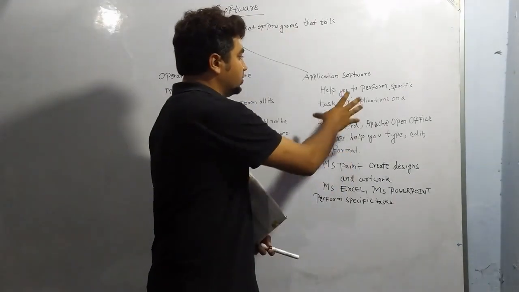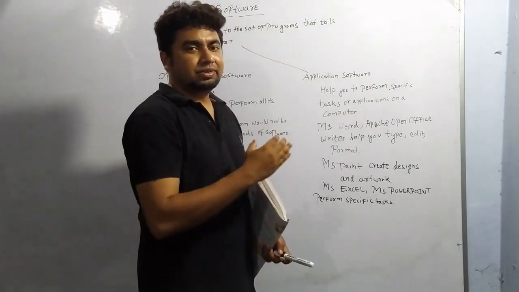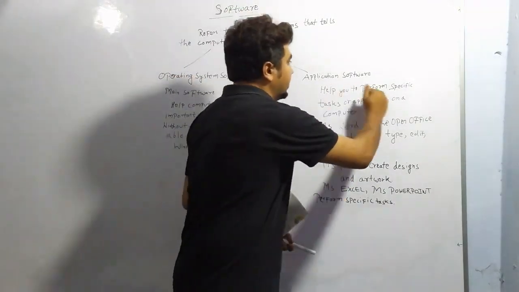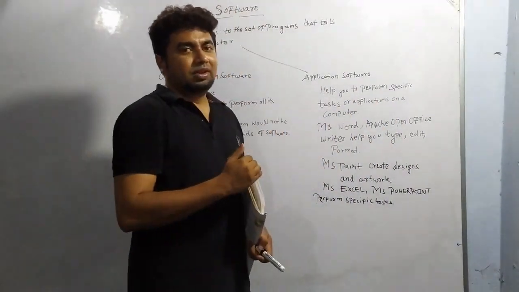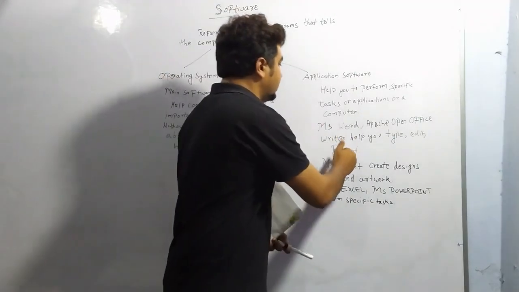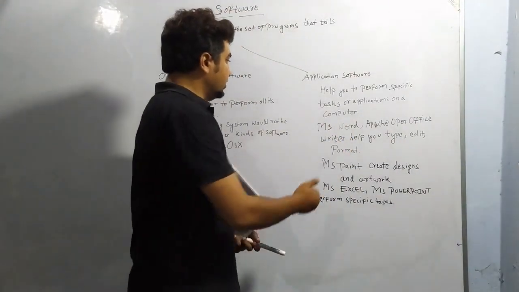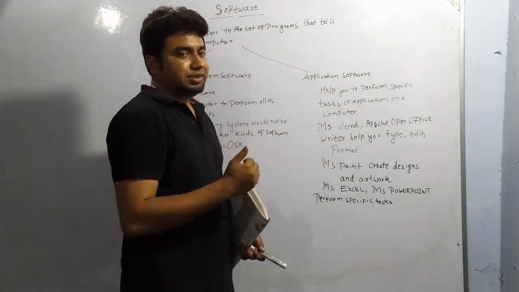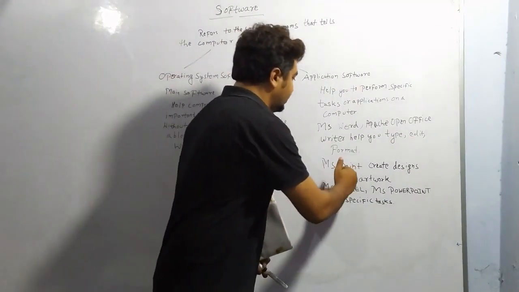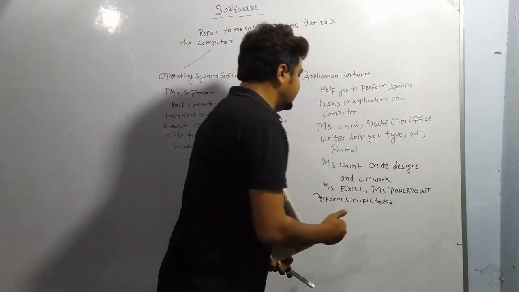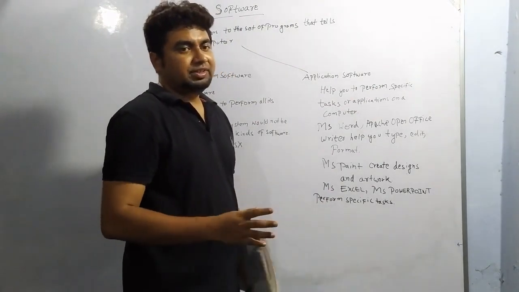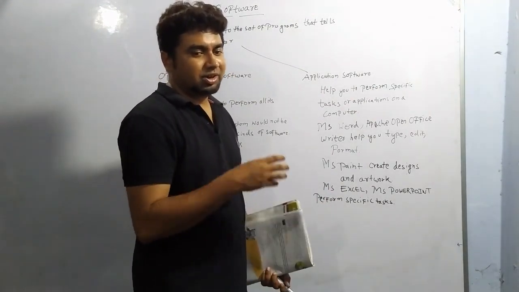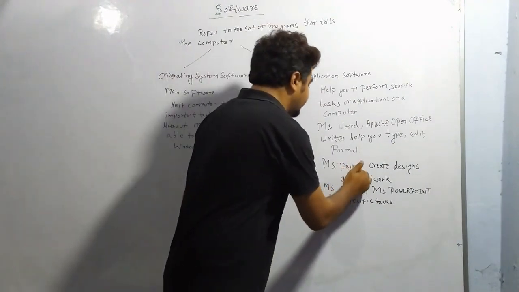Format means if you want to change the style of handwriting, that is known as format. Or if you want to underline something, or if you want your document to look more beautiful, that is the way of formatting. If it should appear in green color, that is known as formatting. MS Paint is also used to create designs and artwork. We are able to draw cartoons and all in MS Paint.